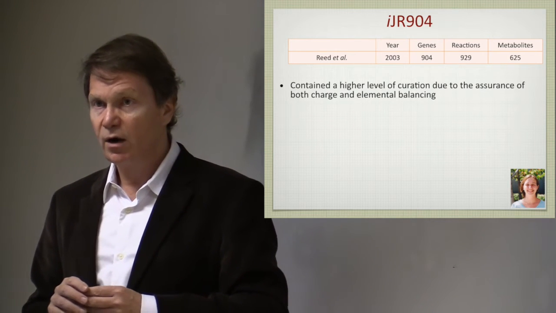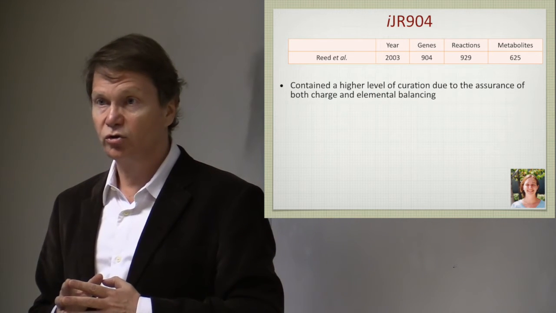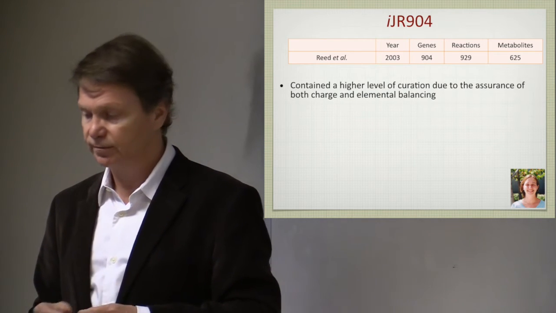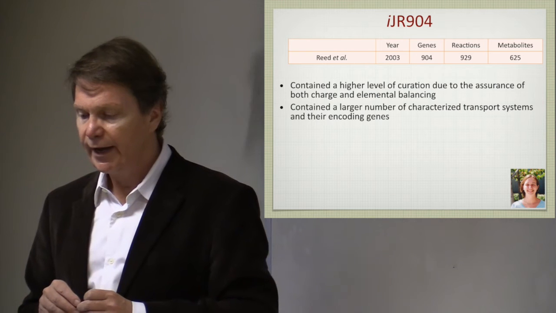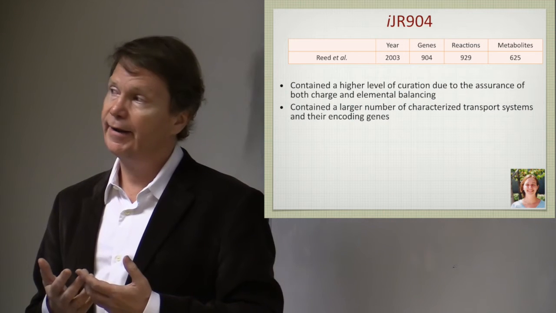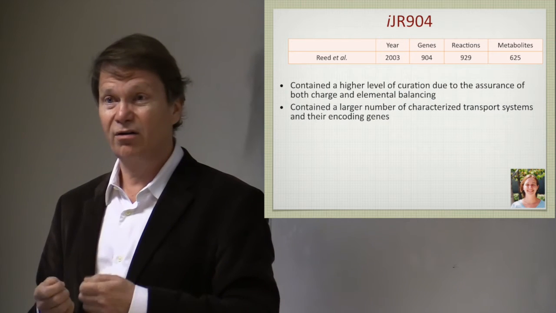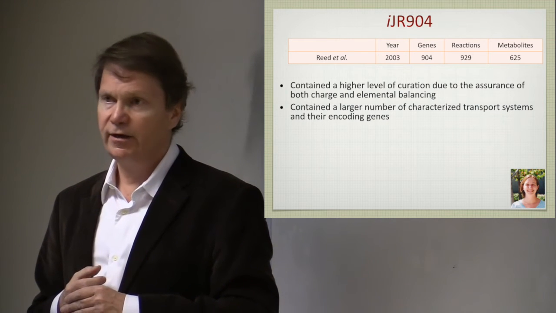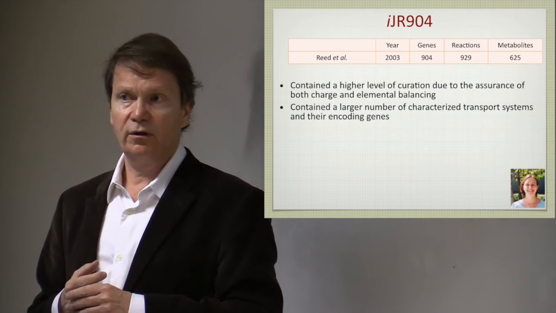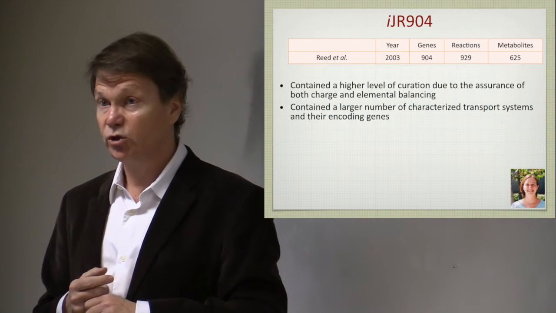So Jenny set out to begin to put some quality controls into the reconstruction. This was the first reconstruction that actually had elemental and charge balanced reactions. She also expanded the number of transporters in the model. And I mentioned this last time, that the membrane proteins, including transporters, are the hardest ones to get the function for. And there is a database hosted here at UCSD by Milton Saier called, I think, TransporterDB, that is one of the resources to go to for information about transporters,